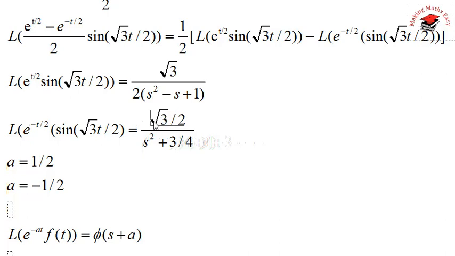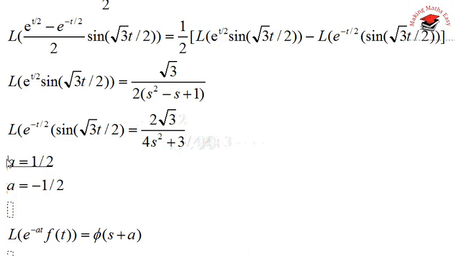So this will become equal to 4 times square root of 3 divided by 2, and this will become equal to 4 times (a square plus 3) on taking this in the numerator. So 4 times square root of 3 divided by 2 is nothing but 2 times square root of 3 on dividing 4 by 2. So now we will apply the first shifting theorem,